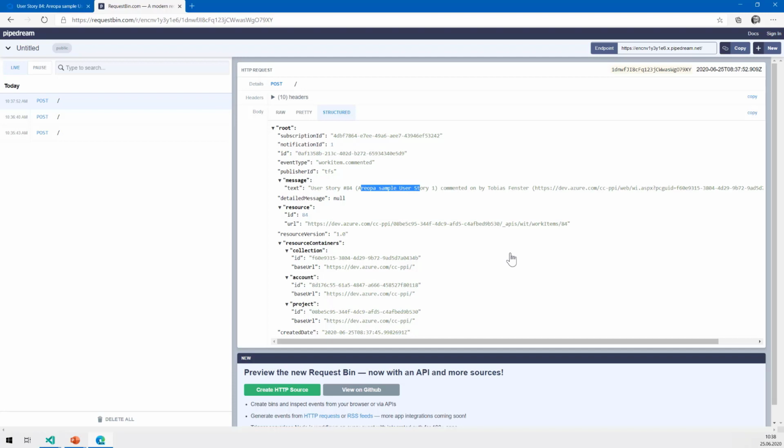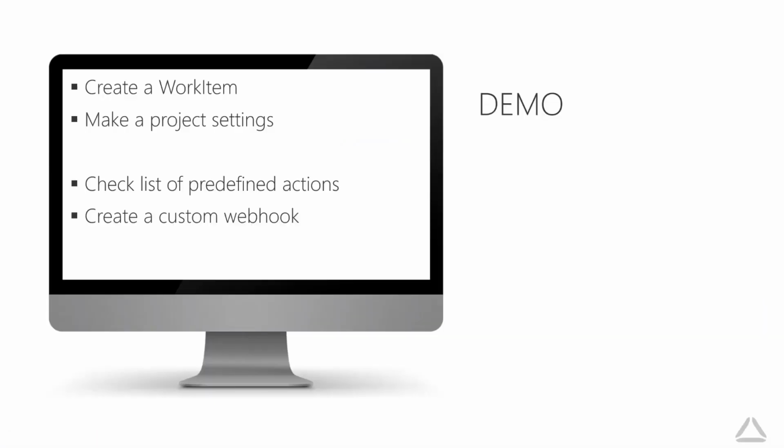For example, if you just want a message in Teams when someone has created a work item, or you want information in Teams when someone has created a bug or commented somewhere, then it's easier to just use the pre-created Teams integration. But if you have something that's more complicated, where no predefined thing is available, then you could just use that one.